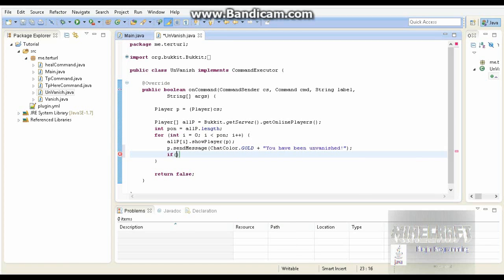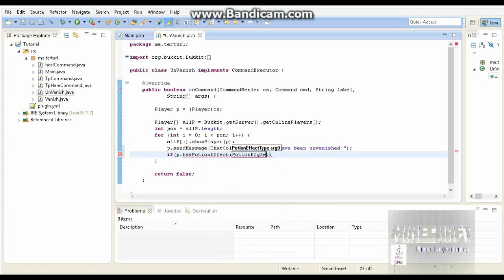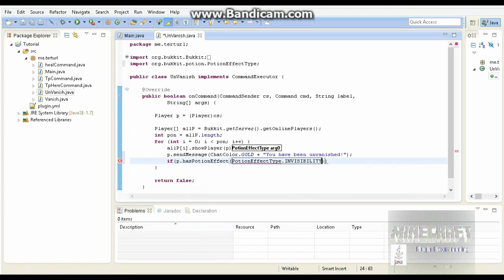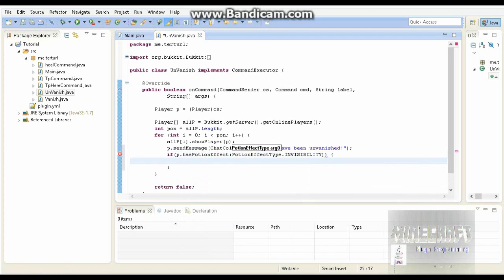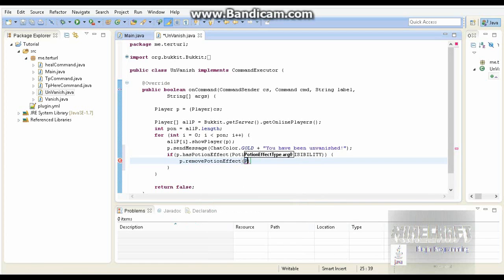And then we're also going to add an if p dot has potion effect type dot invisibility, p dot remove potion effect type dot invisibility. So what it's going to do is if the player does the command unvanish and they have the potion effect invisibility, then it's going to remove it from them,